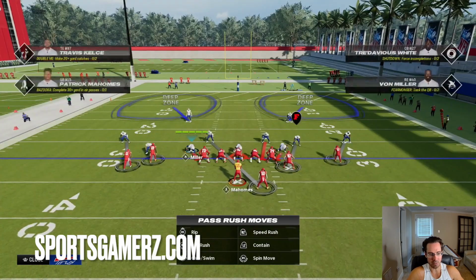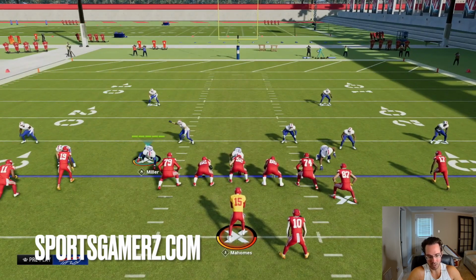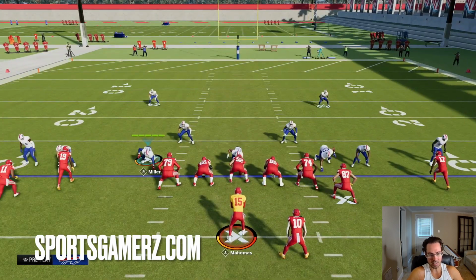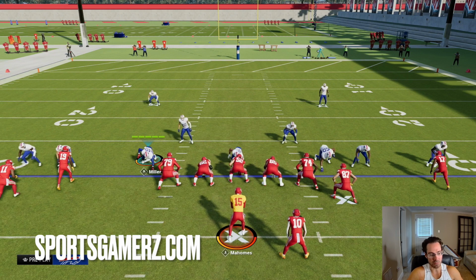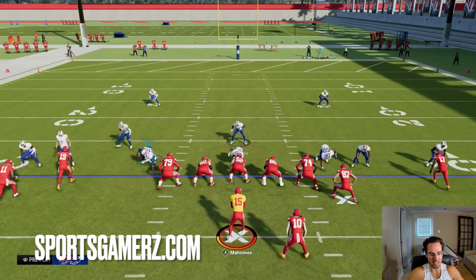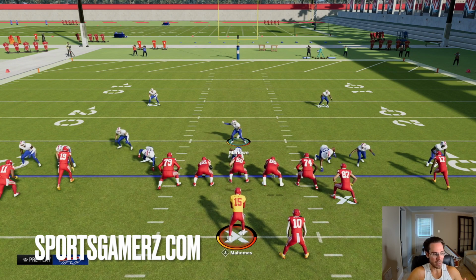Alright, so what we're going to do here is we're going to press our coverage. That's the first step. To press your coverage, you hit coverage audible, which is triangle or Y, and then down on the left stick. Alright, that's going to press your coverage. The next thing you're going to do is you're going to shift your linebackers away from the running back. So you guys can see here, the running back is on the right. That means I want to shift my linebackers to the left. The reason why we do this is when we bring this blitz, we want to bring it away from the running back. That way, if they block the running back, we have more of a chance of being able to